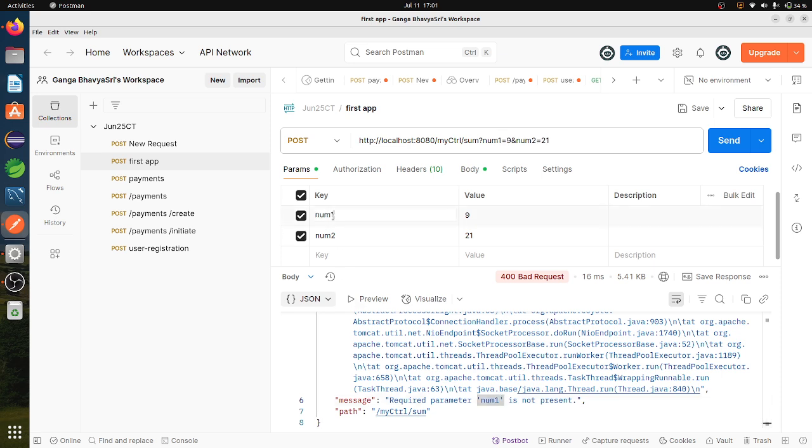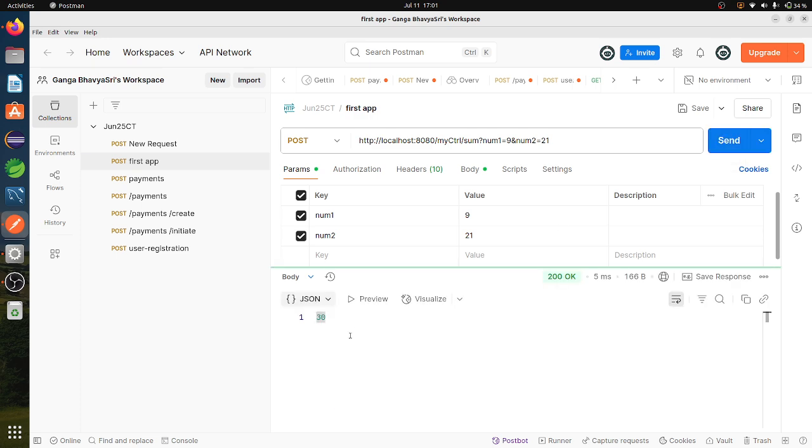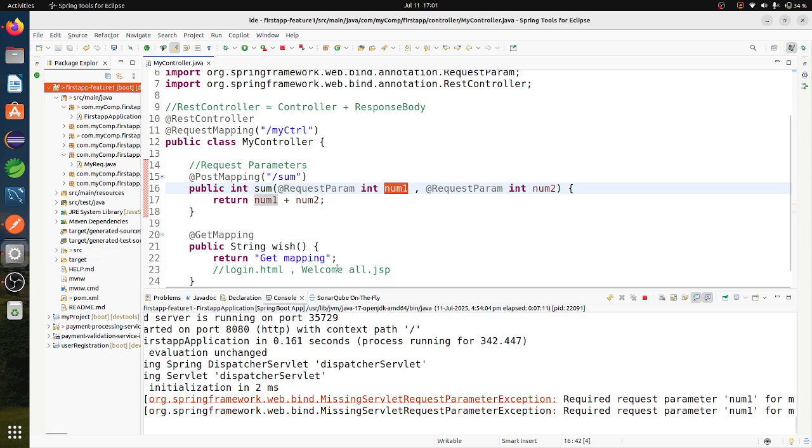So we have to pass the same names. As parameters, in the parameters place, we can pass the values as a request to the user. So this is called request parameters.